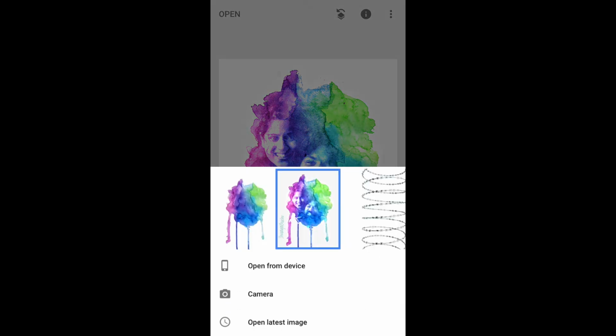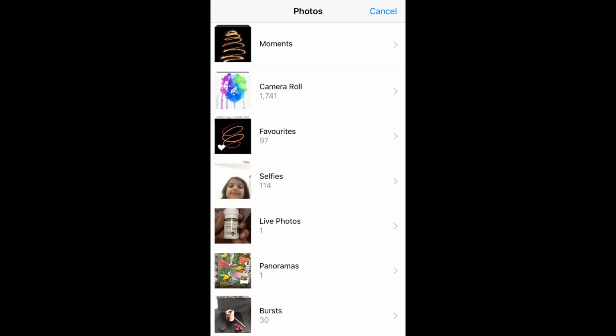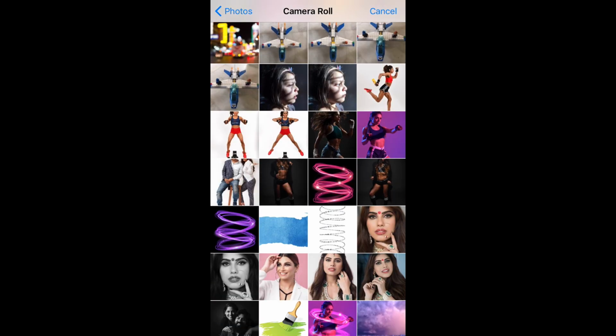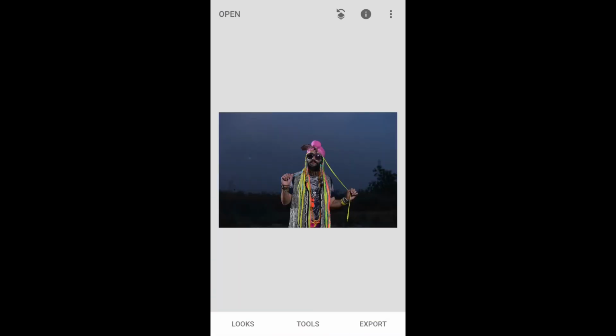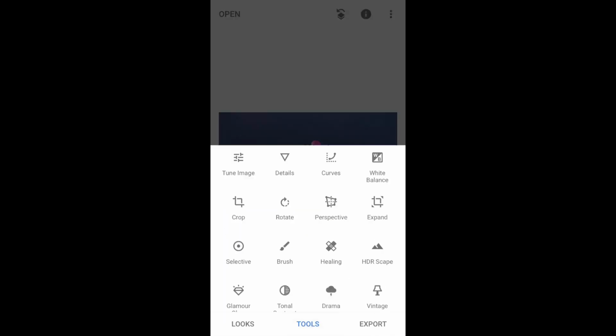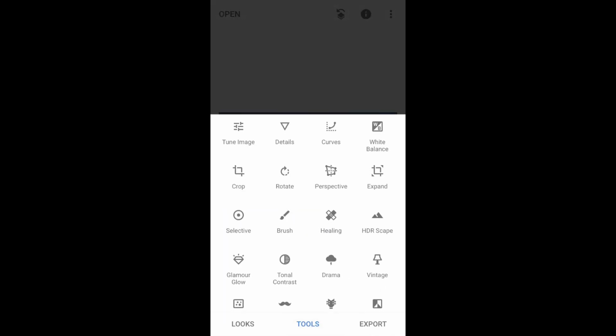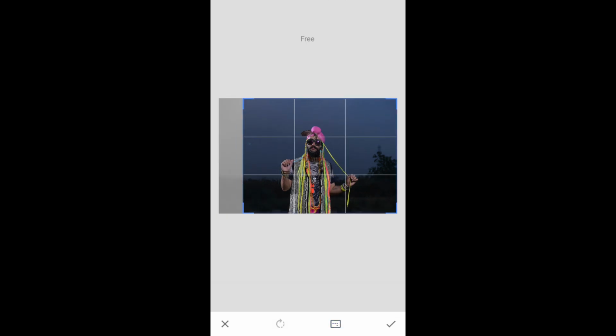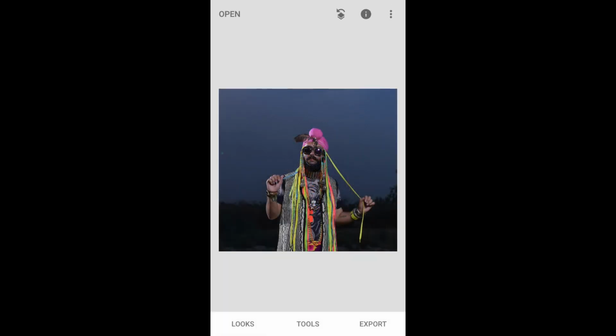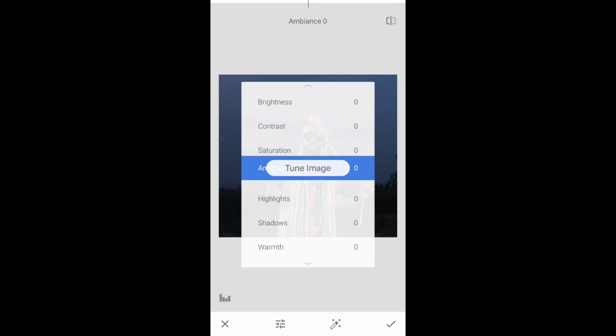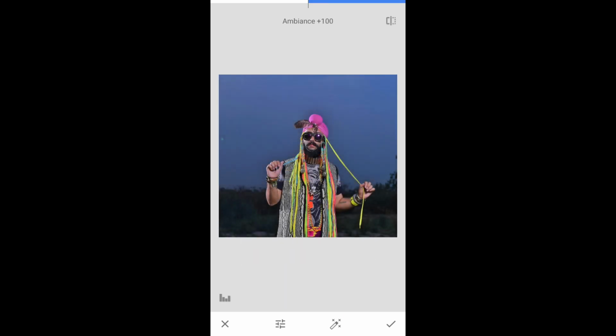Cool. So we open our second image. This time I'm using an image of Param Sahib, but not the same image which I used for the earlier tutorial. This is an evening, rather night shot, and I'll prepare the image first because it looks dull. First of all, I'll crop it so that we are closer to him, and yeah, this looks better. Go to Tools, increase ambience to give punch to the picture, and colors, and maybe a little bit of contrast, warmth plus roughly about 80,